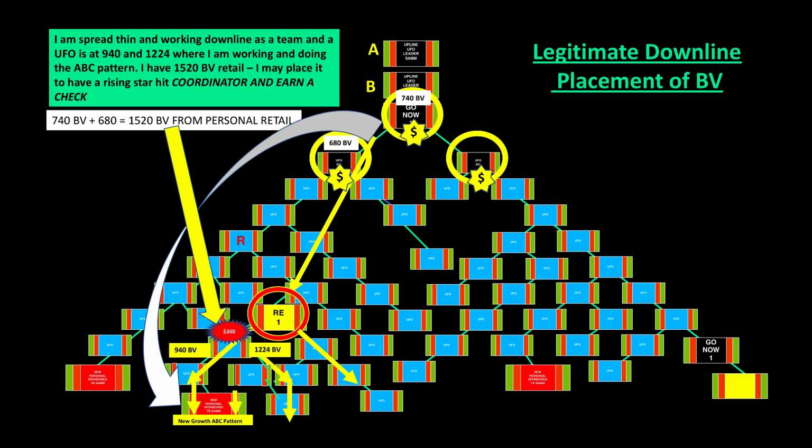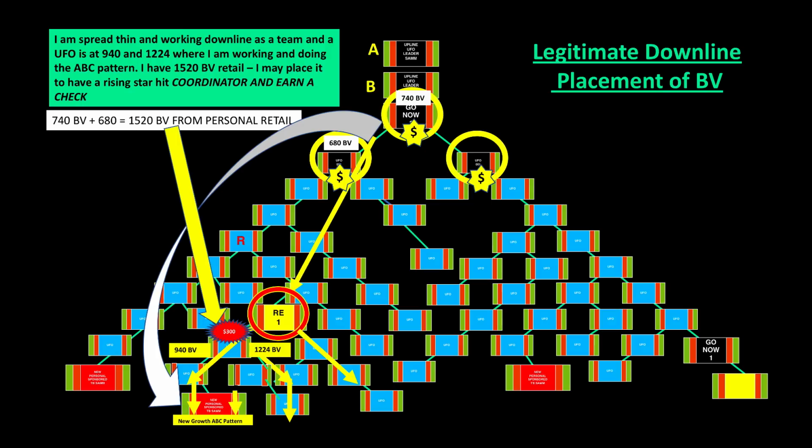So here's an example. I built my 1, 2, and 3, and they're earning. So you can see them at the top with the money signs in them in the circles. And I do a lot of retail. Lauren and I have a tremendous amount of retail accounts. And so does Dennis, so does Kevin Buckman, so does Frank Kiefer. So when people have a lot of retail, they have an encumbered volume that they sold. It repeats every month. So I got in my 2 centers, it's really me doing it, 740 BV and 680, or around 1520 BV from personal retail.